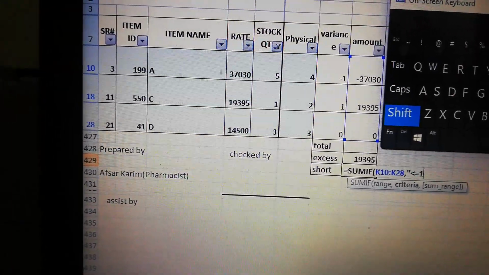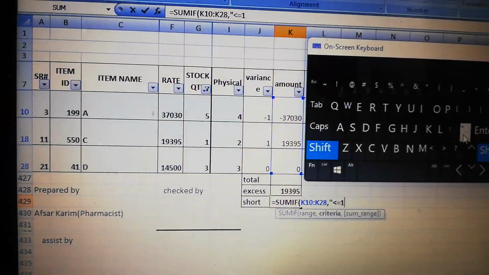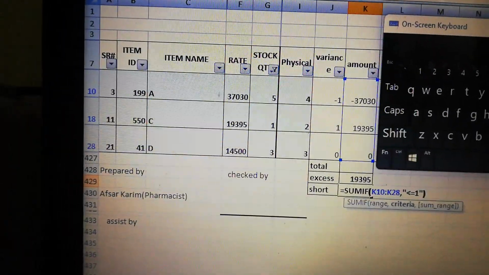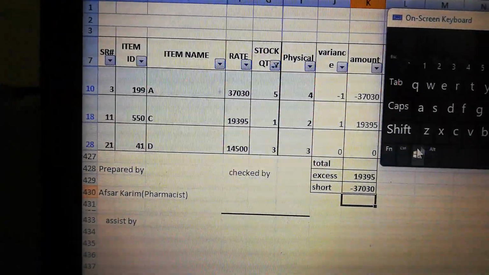we again select and close the bracket, press enter. This will show